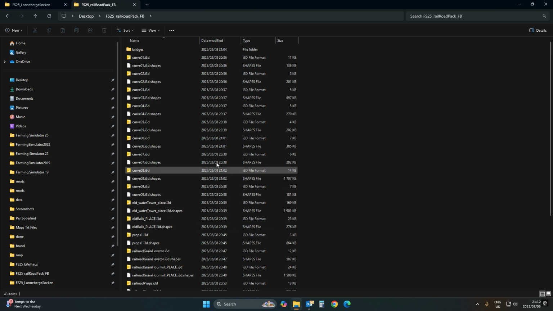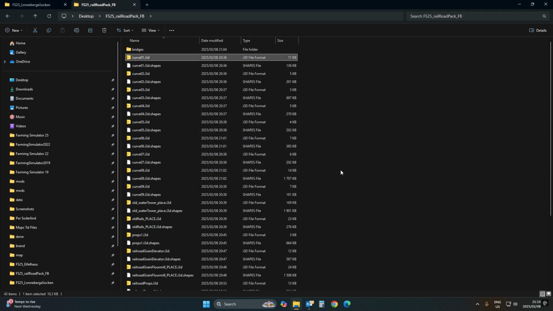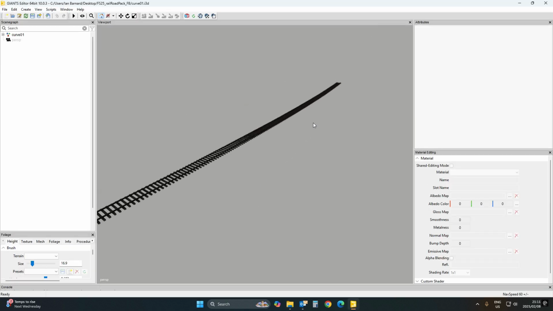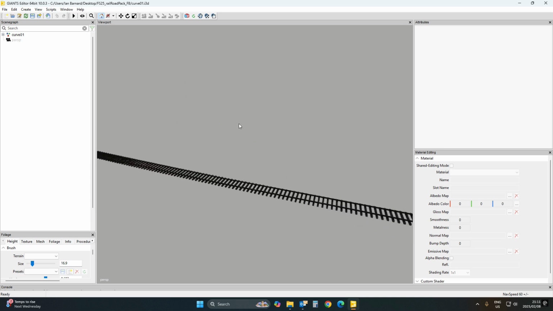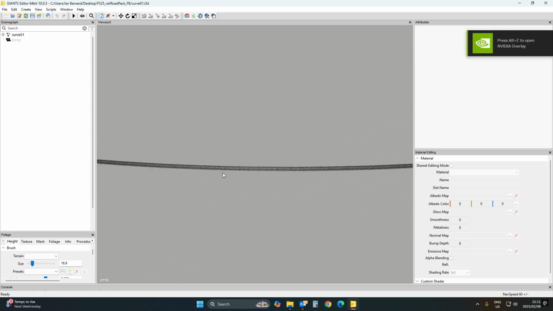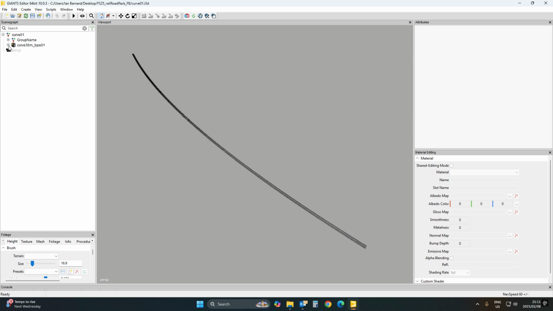If not, I'll quickly show you how to get it. I have taken each of these out of the in-game maps. A very, very nice rail system, I must say, 10 times better than FS22 in the sense of usability from the in-game stuff. So this is a curve, a very nice curve, which is made up of different sections. If you look here,